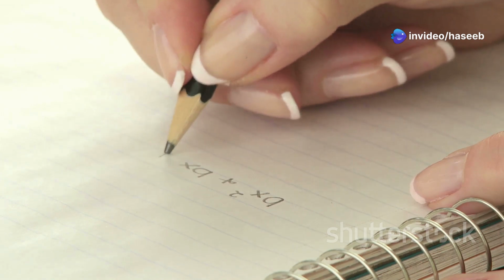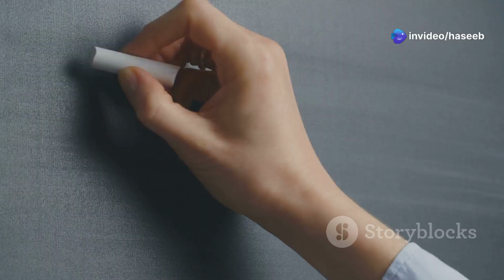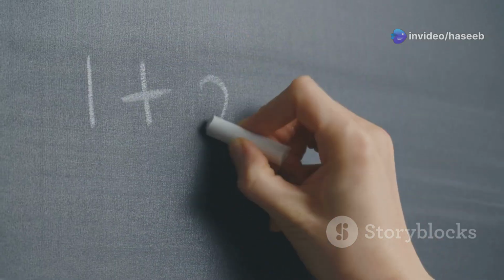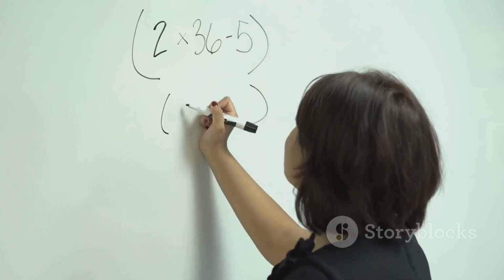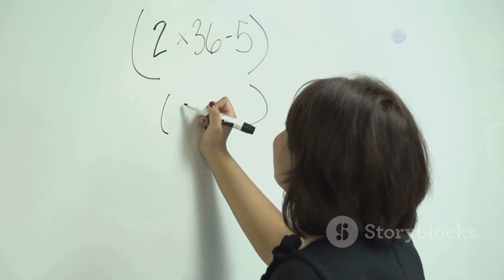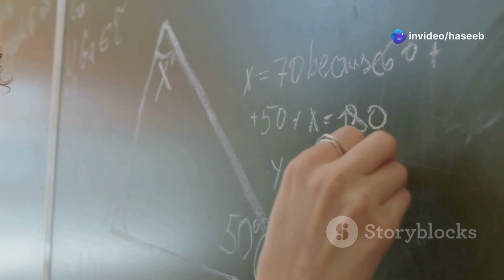Scientific notation is like a shortcut for writing these extreme numbers. Instead of writing out all those zeros, we use powers of 10. A number like 100 billion can be written as 1 times 10 to the power of 11. Much easier, right? The 10 part represents the base and the little number above it,